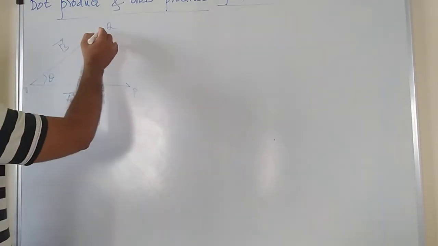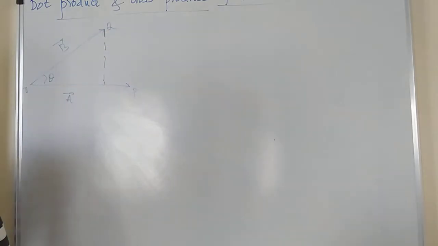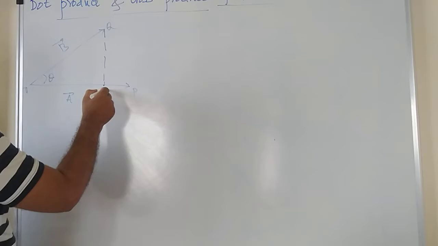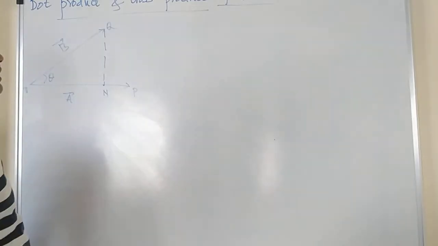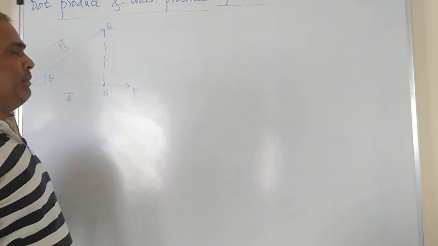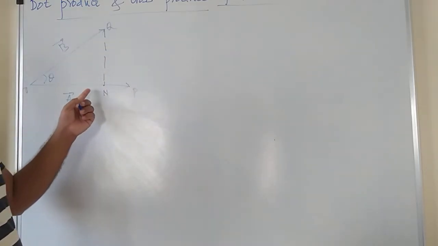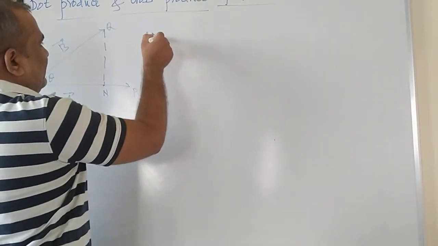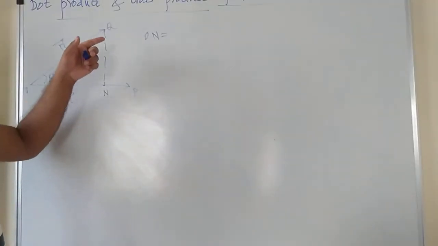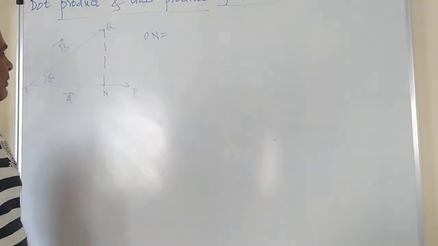So if you draw a perpendicular from Q to the vector A bar, then it will be in this way. Got it? Let us indicate this point with N. And this QN, perpendicular drawn on the vector A bar, is called the projection of vector B bar along the direction of A bar. Got it? So ON is the projection of vector B bar on or along the direction of A bar, and its value is